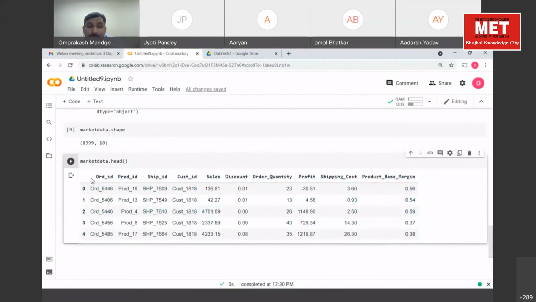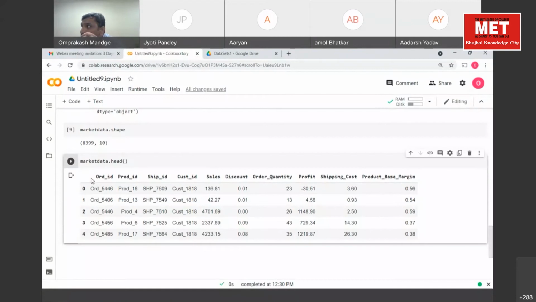If you look at this data, 0 1 2 3 doesn't make any sense, but order_5446, every order ID will be unique. So I don't want this auto-generated index column. I want to set one of the columns as the index of the data frame.